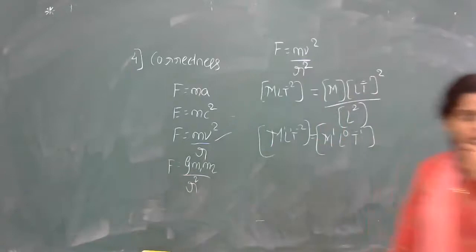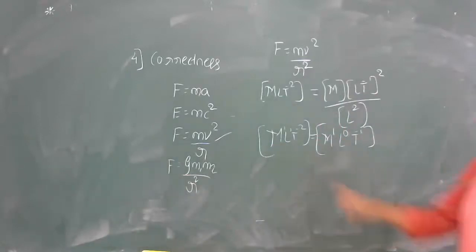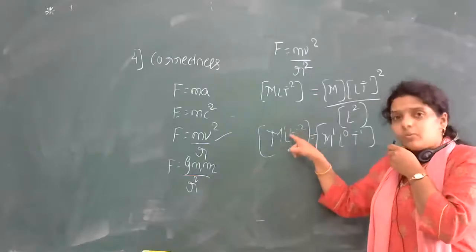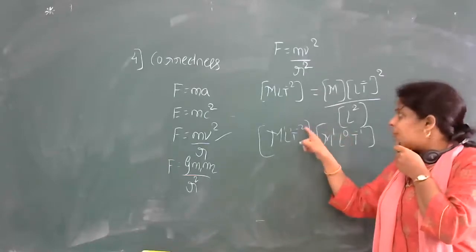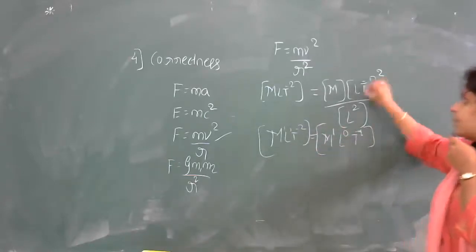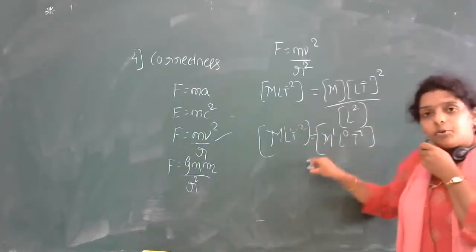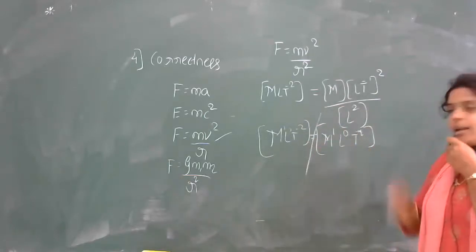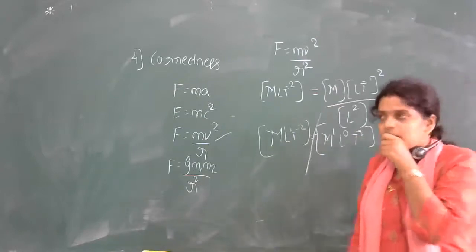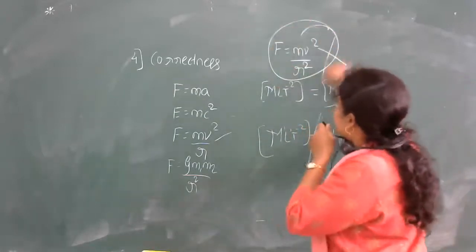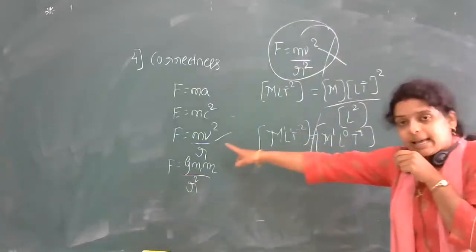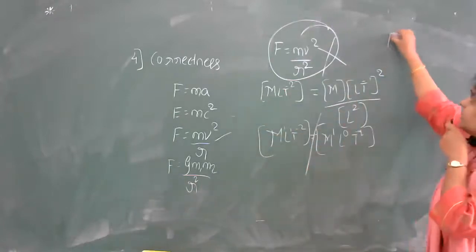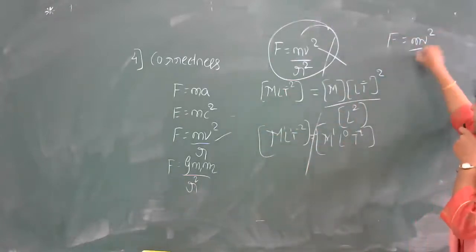Now you see your right hand term and the left hand term. Here M to the power 1 is there, here M to the power 1. Correct. L to the power 1 is there, but here you have L to the power 0. Next, T to the power minus 2, here T to the power minus 2 only. Therefore, what can you conclude here? Dimensionally, these are not equal. Whatever formula you have written, it is wrong. Understood? Suppose I take the actual formula, what is your actual formula? F is equal to mv square divided by r.